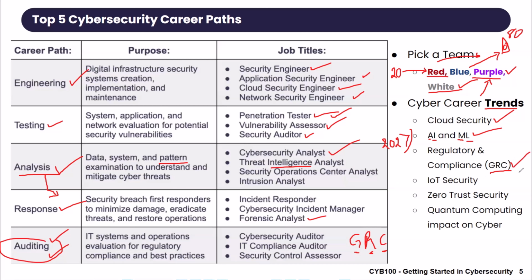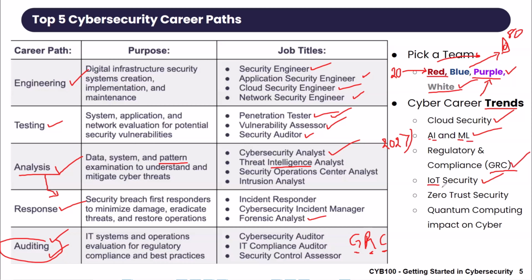GRC. You cannot go wrong with GRC. Right? These AI are coming, cybersecurity is here. We need people who can set the rules. So governance is very important. You can specialize in governance, becoming an auditor. There's a bunch of compliance documents that companies have to comply with. PCI DSS, HIPAA, GDPR, you name it. There's a lot of pieces of paper that they have to comply with, and your job is to see if the company is complying with that piece of paper. If they're not, you hold them accountable, right?